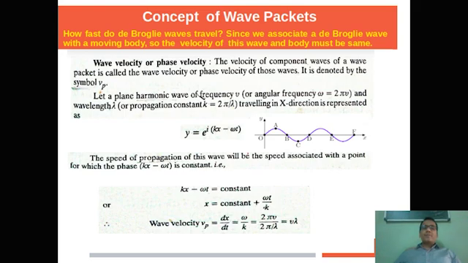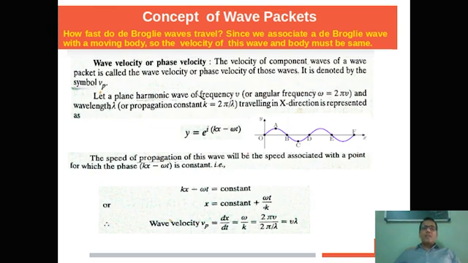So far we have covered the concept of matter wave, that is, the wave associated with a moving body. To interpret that matter wave we have covered the wave function and the probability density, which give the probability of the existence of a particle at a particular position at a particular time, and the wave equations, that is, Schrodinger's wave equation, in time dependent and independent form. So we have covered all these terms related to de Broglie's matter wave. But now let's talk about the velocity of the matter wave.